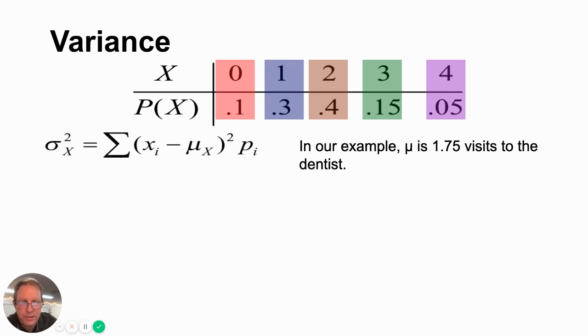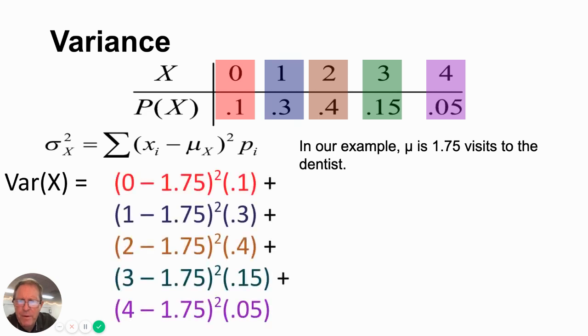So let's look at this and see how it works in practice. This is the same data I had before with the number of dental visits and their probability. First thing I'm going to do, I'm going to break this down into just parts here, and I'm going to show you how to calculate the variance. The variance is that formula right there. So I'm going to start by calculating the variance, and I'm going to do that for each